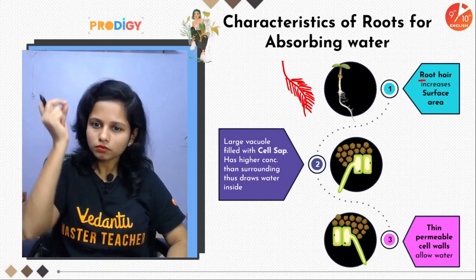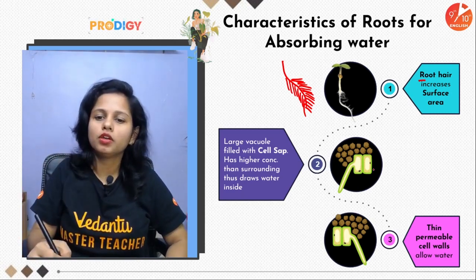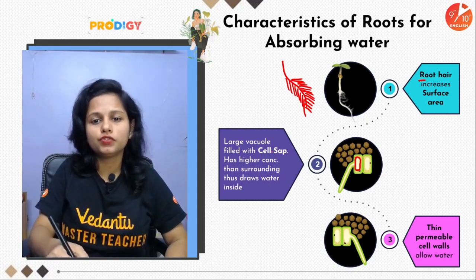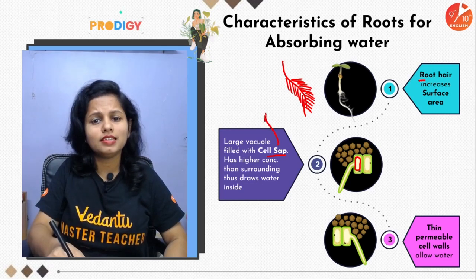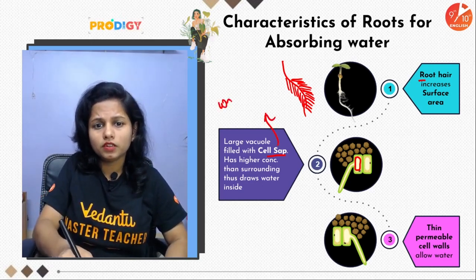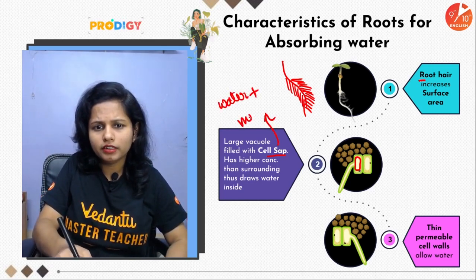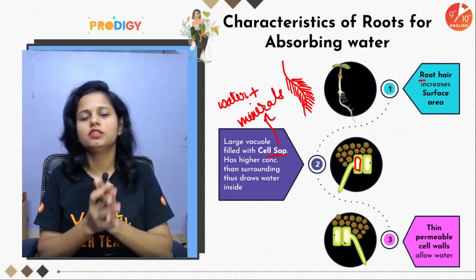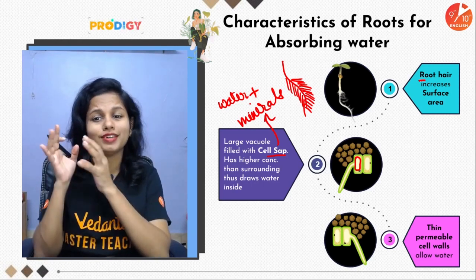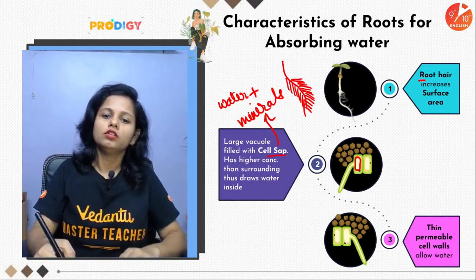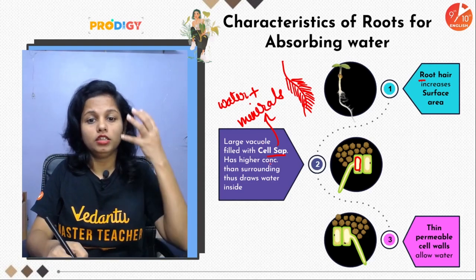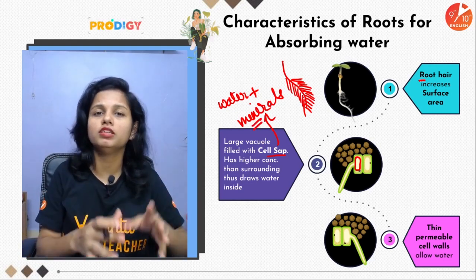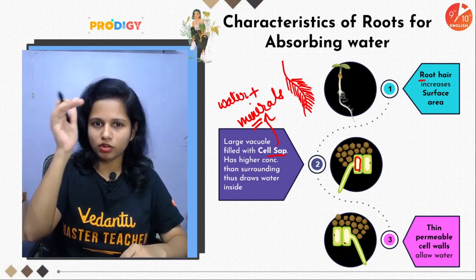Second, the root cells have a large vacuole, and this vacuole is filled with cell sap. What is cell sap? Cell sap is nothing but the mixture of water and minerals. So water and minerals are collectively referred to as cell sap, which is stored inside the vacuole. Now, bachcho, when the large vacuole is filled with cell sap and it has a lot of minerals,